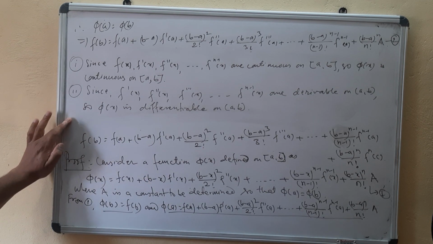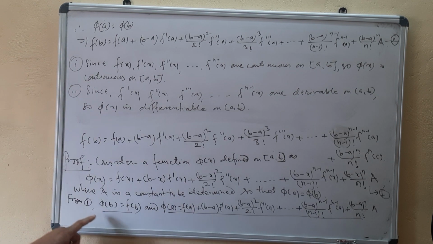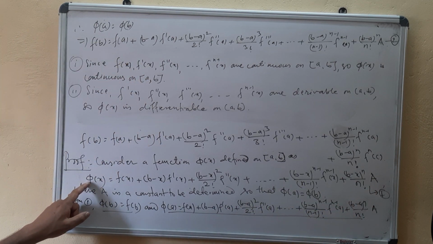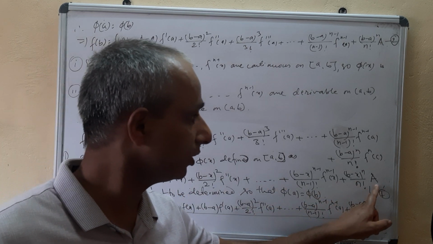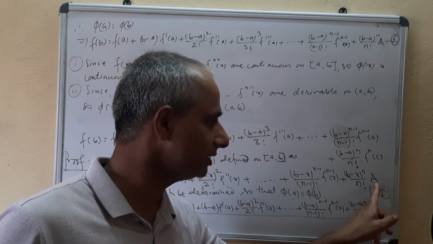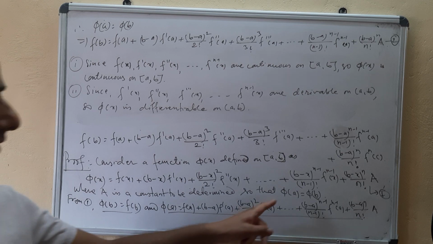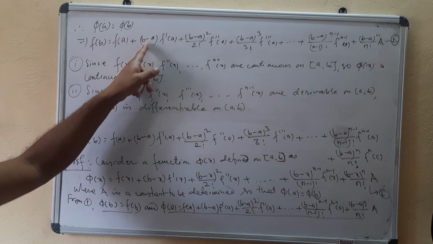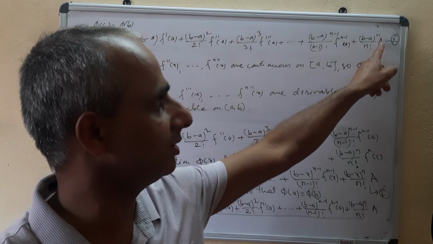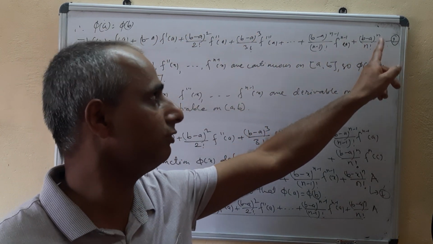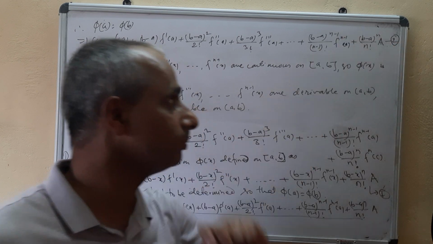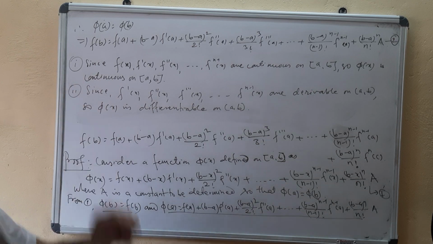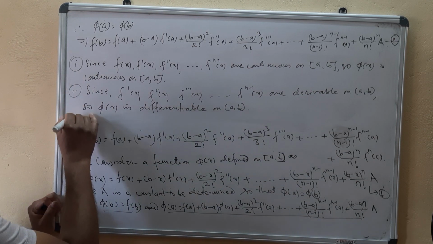The third condition is phi a equal to phi b. We have chosen a constant a in our assumption, and we are going to determine constant a in such a way that phi a equals phi b. And we have done that here, and we got a value of a also. So for this value of a given by expression 2, this phi of x will be satisfying phi a equal to phi b. So in number 3 you can see